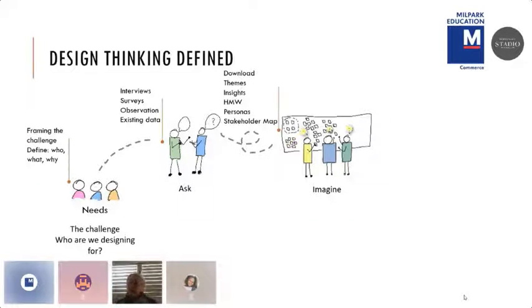We have a tool called How Might We, where we use our themes to create smaller questions for interrogation, for our brainstorming activities. And we also have a way that we really understand who we are designing for by creating personas and looking at our stakeholders. Once we have those and we get to a point where we have our insights and we have our brainstorming anchor questions,